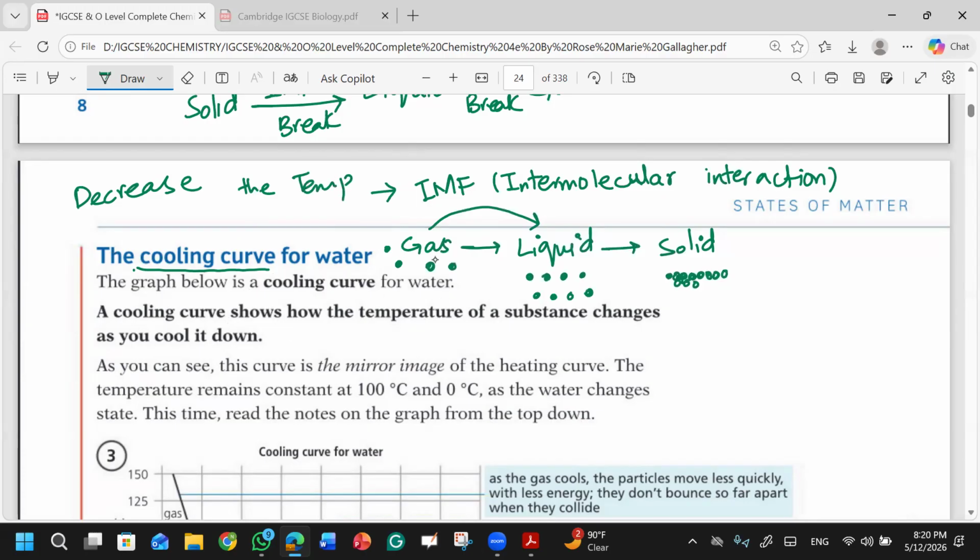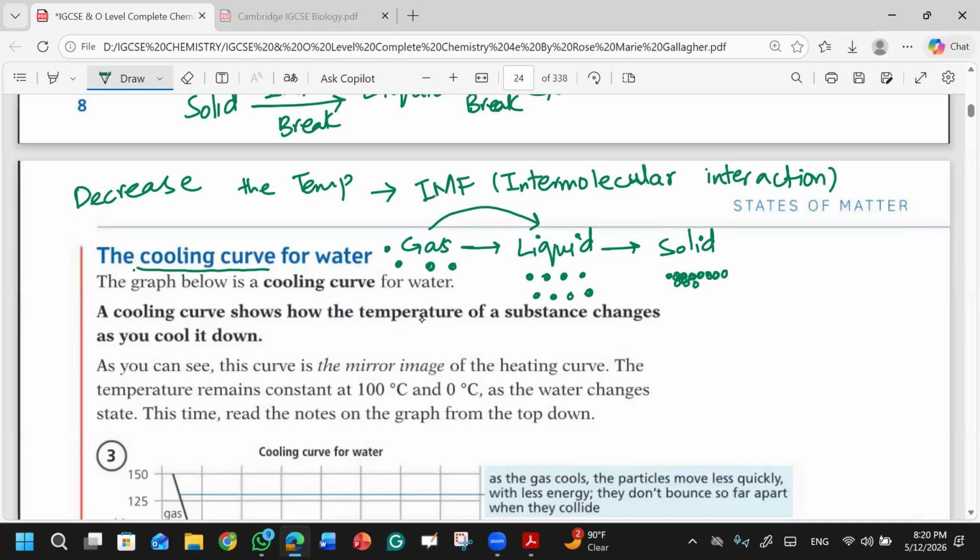Actually, you are cooling the gas. When you are decreasing its temperature, what will happen? The atoms will come closer to each other, and when they come closer, their interactions will increase. Then the gas will convert into liquid. This is how we get liquid oxygen or liquid nitrogen. Even though oxygen is a gas, how do we get liquid nitrogen? You have nitrogen gas, you decrease its temperature, then it liquefies.